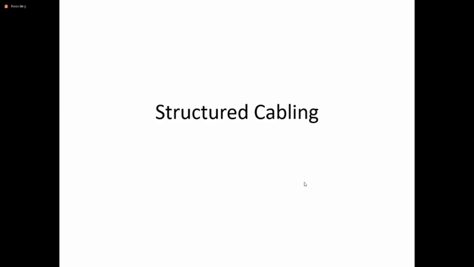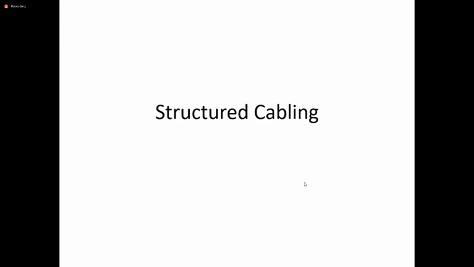So, what is structured cabling? Any of you know about structured cabling? How to connect servers and local area network. Right, in a way it's correct, but this is more than that. Anyone else? Have you heard about structured cabling? Just connecting server switches is part of this, but